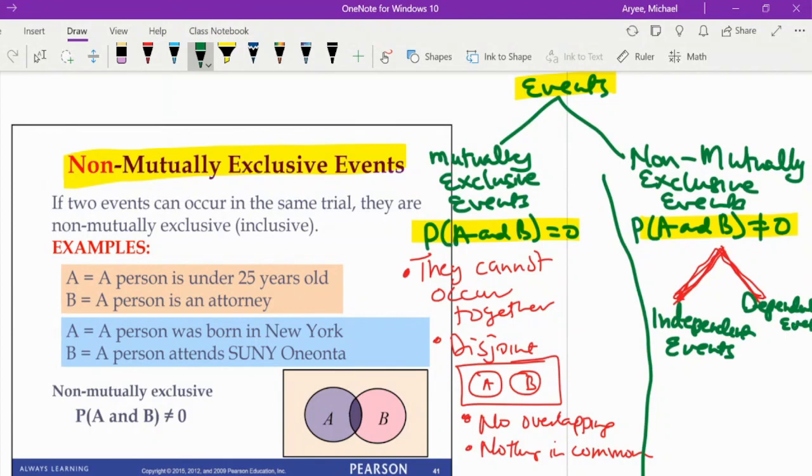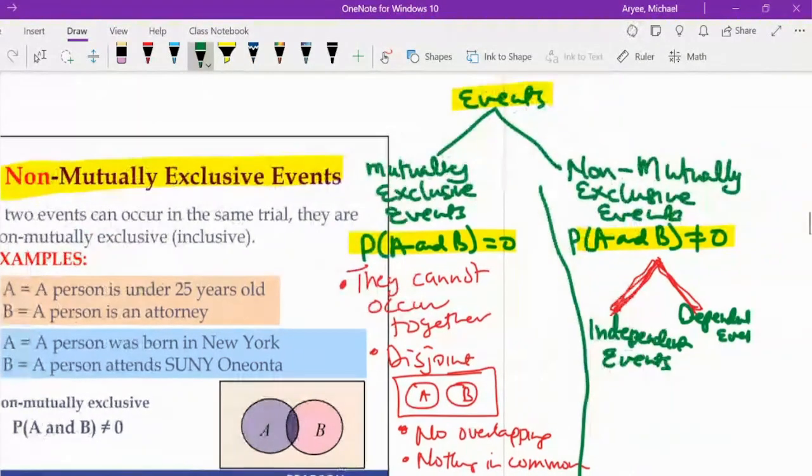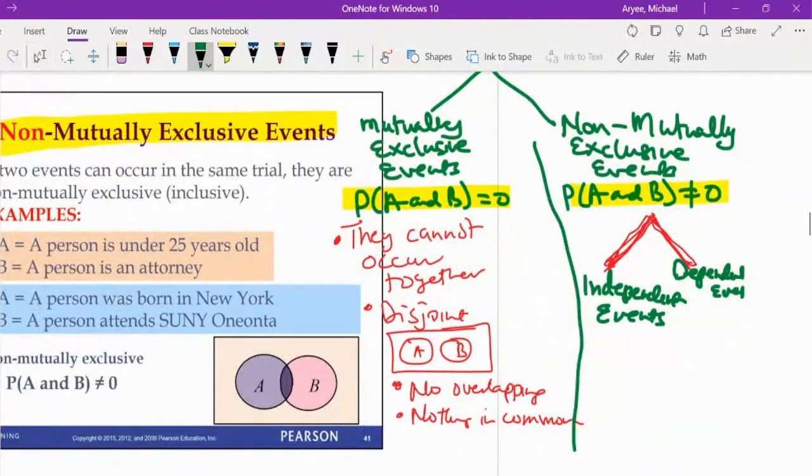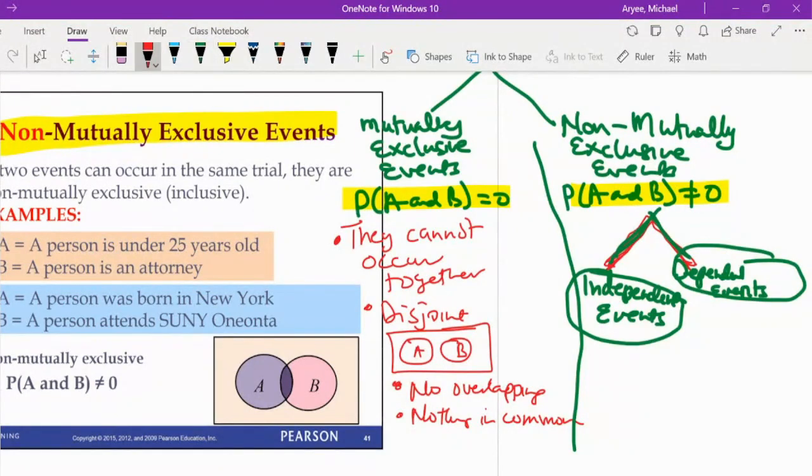All right, I'm going to write it out at maybe another side to make it easy for us. Okay, so we have independent events and then we have dependent events. If they are not mutually exclusive, then we have to further classify it as, are they independent events or are they dependent events? Now, an independent event comes in if the result of one does not affect